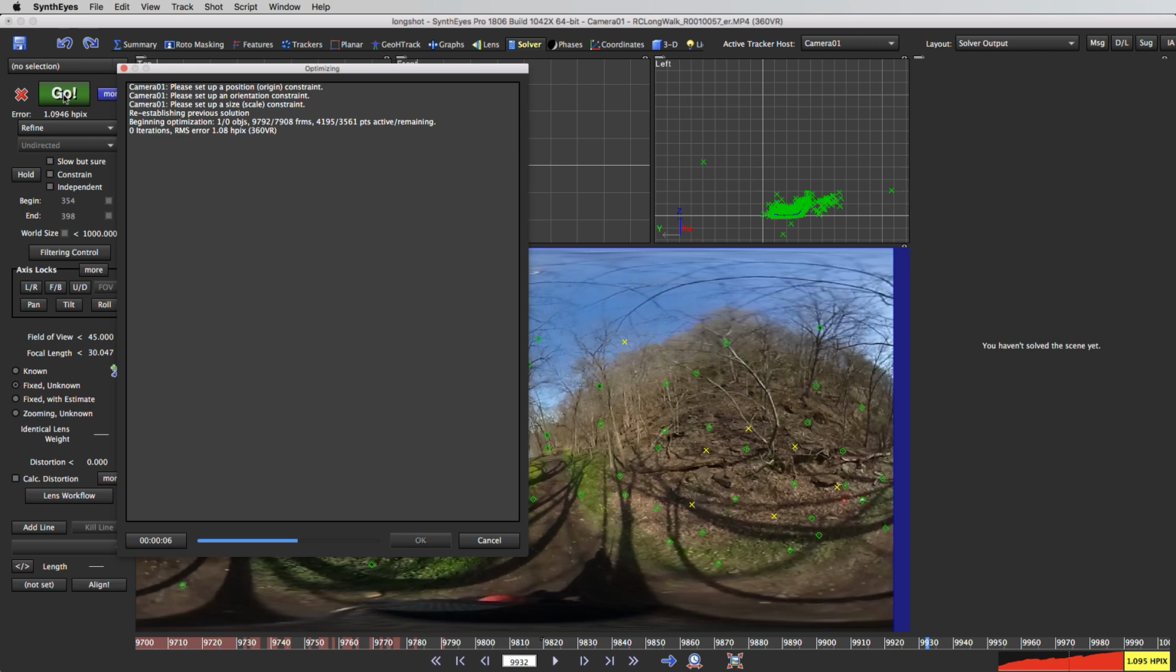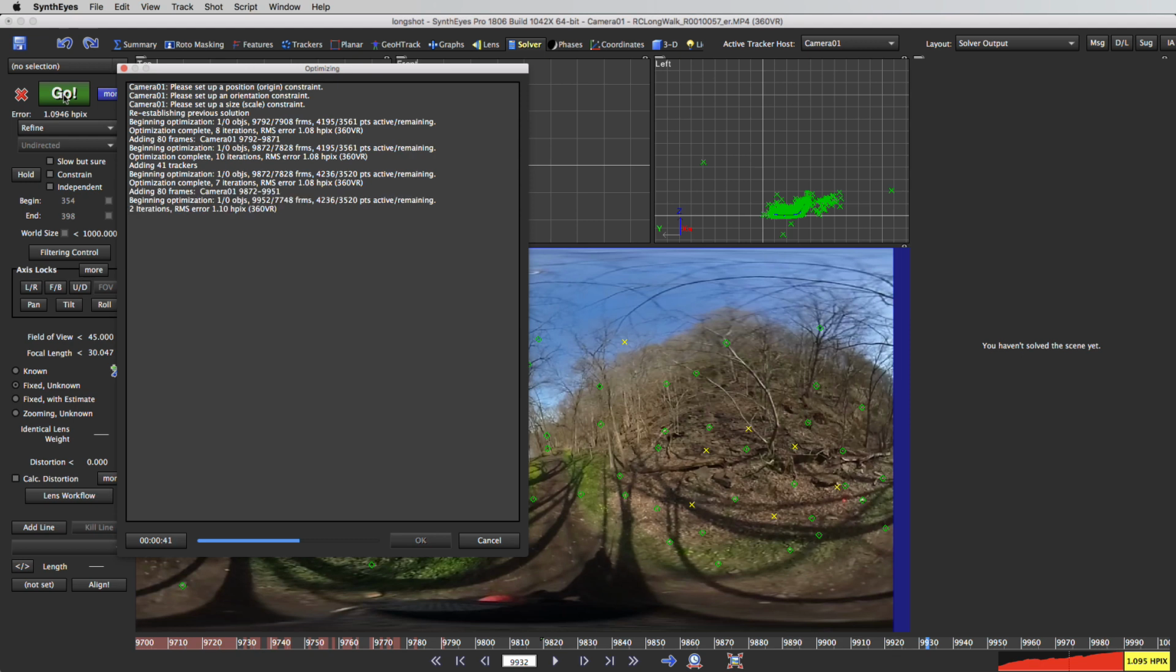So now SynthEyes is going to load up that previous solution, and it's going to continue again. You'll see, now it's down around 9,800 frames instead of up closer to 10,000. And it's going to resume from that point. And what we're going to be looking for is for the solve to continue past the part where it failed previously, so it can then chunk on through the rest of the solve, or until some other bad thing might